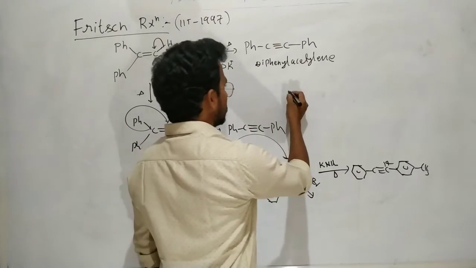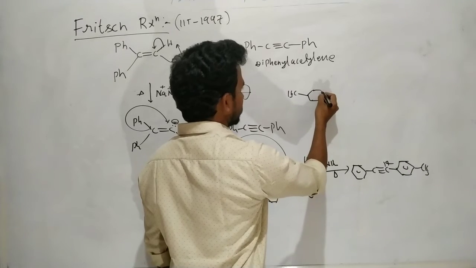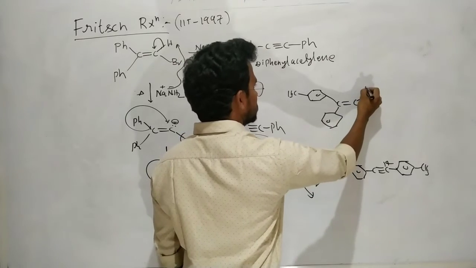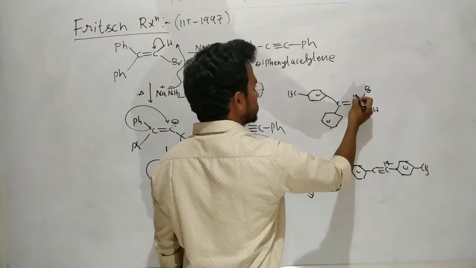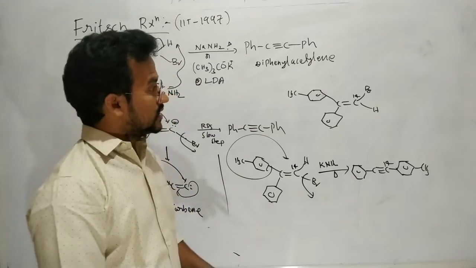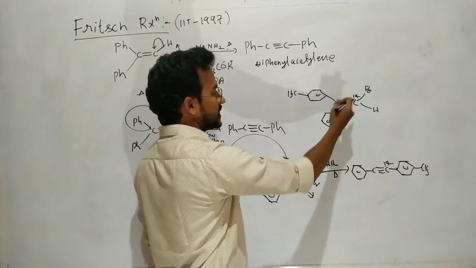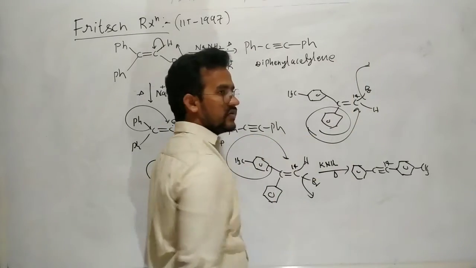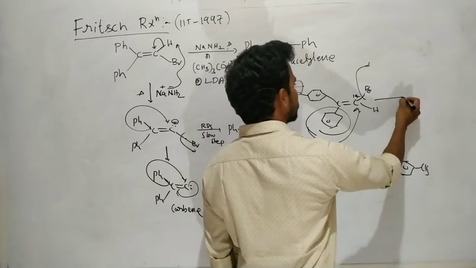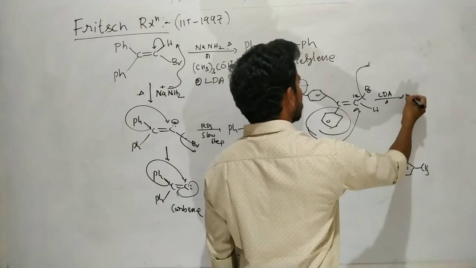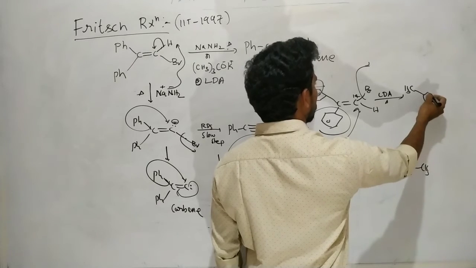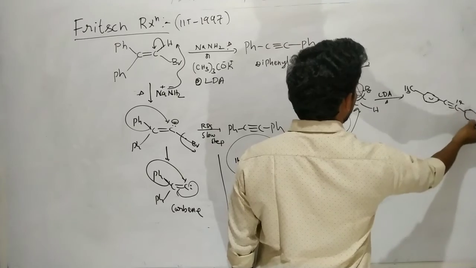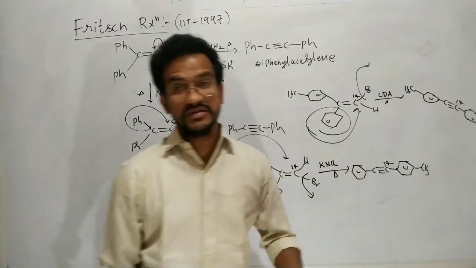But suppose I start this reaction with a different compound, with a phenyl ring here, C, Br, hydrogen, and this is the radioactive carbon C14. In this case the group which is exactly opposite to the bromine is a phenyl. So the phenyl is migrated, Br leaves, and the product is different. Suppose here LDA, lithium diisopropyl amide, on heating gives C triple bond C, here C14 and this phenyl ring. That is the major product in this reaction.